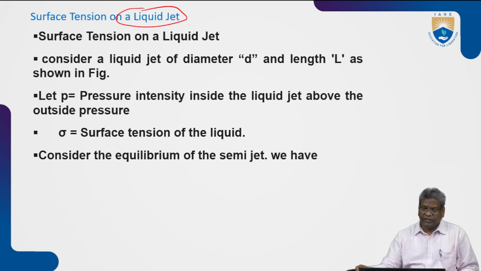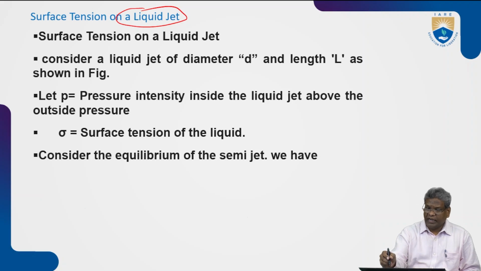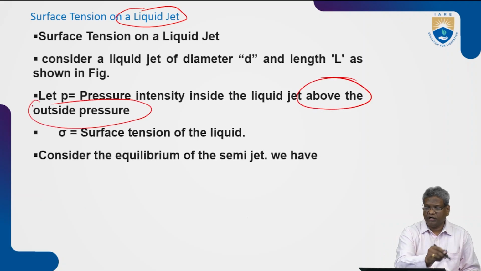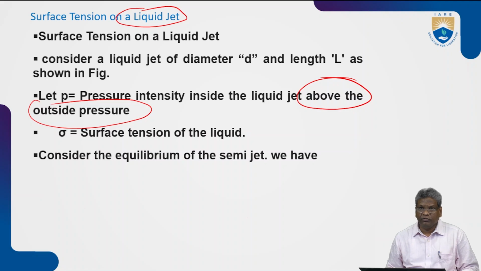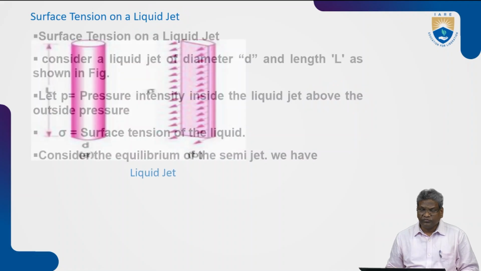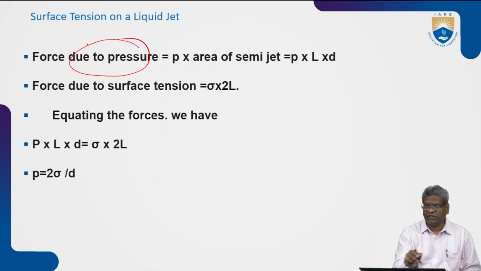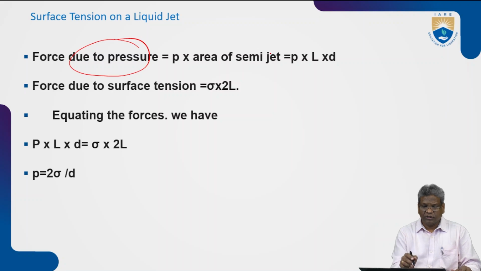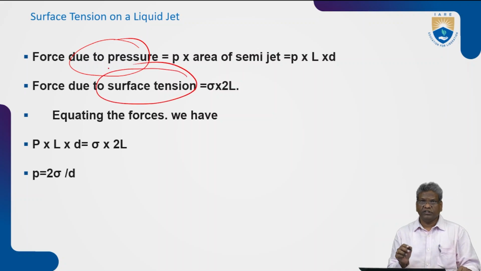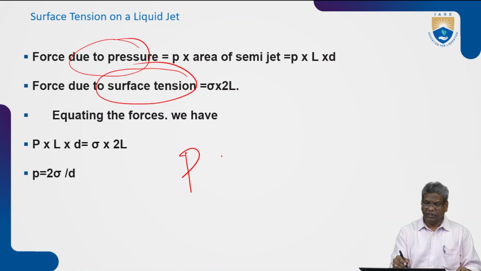Consider a liquid jet of diameter d, what we have shown in the diagram, and length L as shown in the figure. Let P be the pressure intensity inside the liquid jet. It is always above the outside pressure, and sigma is the surface tension of the liquid. Then consider the equilibrium of the semi-jet. So what are the different forces? The pressure force as well as the surface tension force. What is the pressure force? Pressure P into